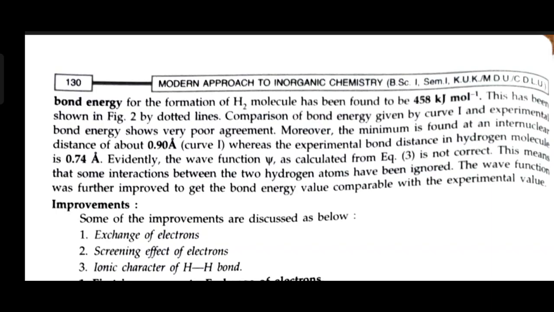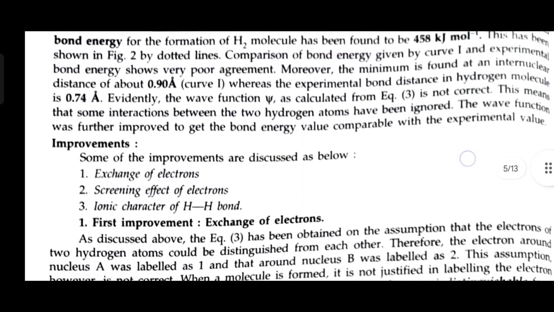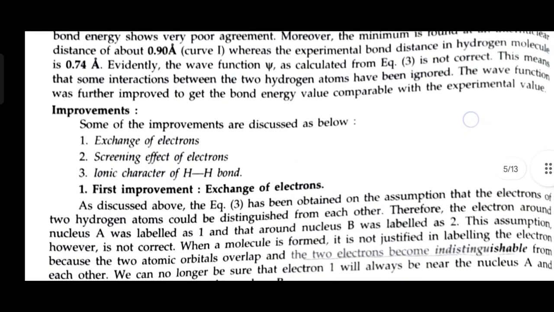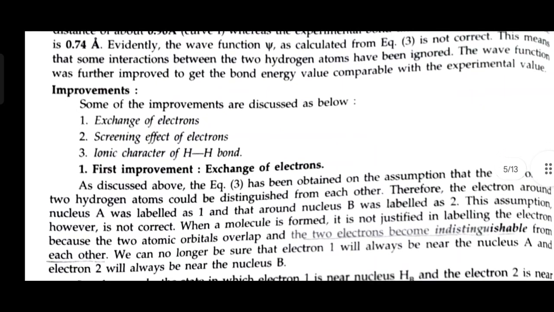This means that some interactions between the two hydrogen atoms have been ignored. The wave function was further improved to get a bond energy value comparable with the experimental value. Some of the improvements are discussed below: exchange of electrons, screening effect of electrons, and ionic character of the H bond. First improvement,